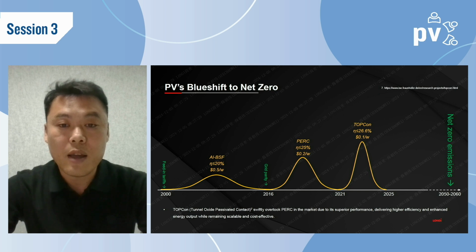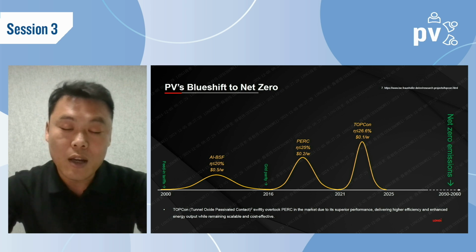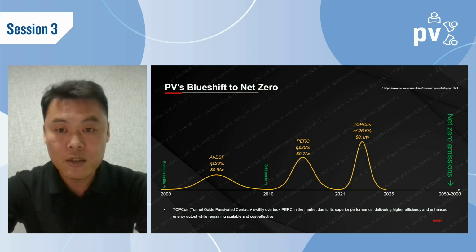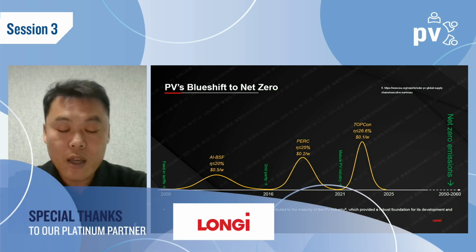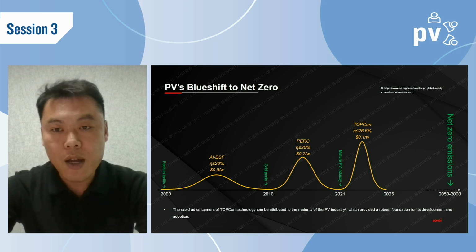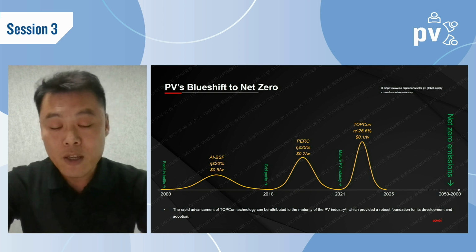So about 1 or 2 years ago, we went through the ramping up of TOPCon technology, with higher efficiency and also lower cost. And after TOPCon, especially starting from this year, we have seen about 2 terawatts global installation of PV modules. TOPCon took over the market share very quickly because of one very important reason: after PERC we have established a very mature PV industry. So